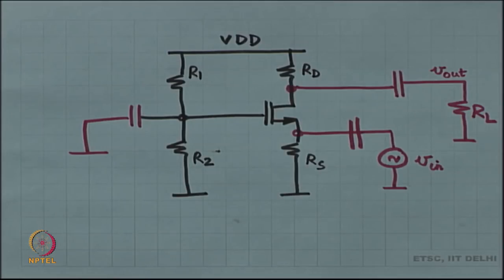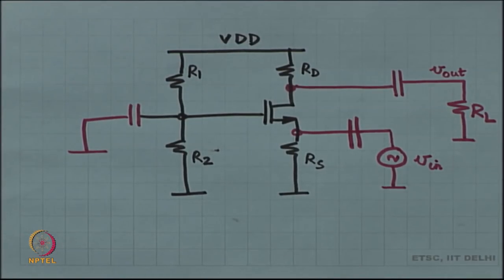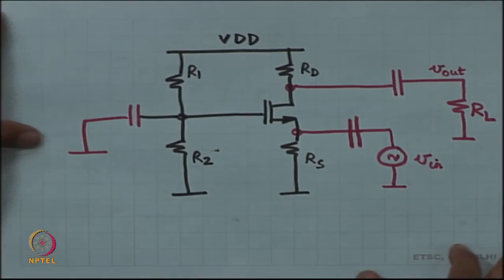So, for a signal that is changing with time, these capacitors are going to be short circuits. Done? So, let us redraw with these two changes in mind,